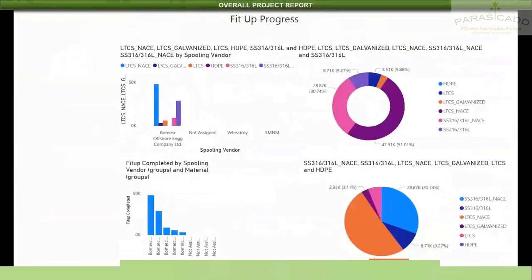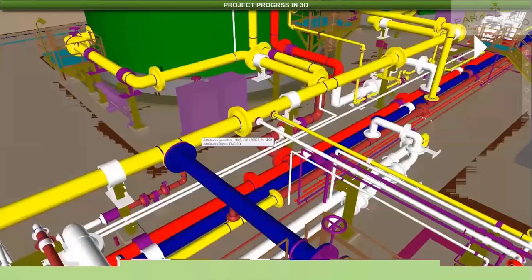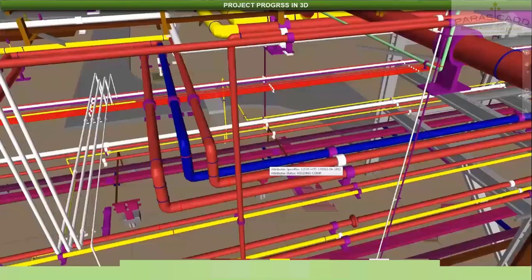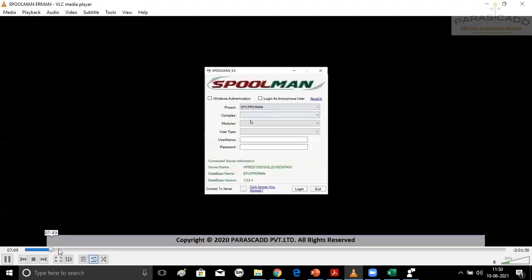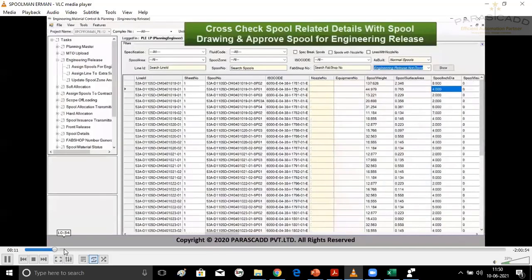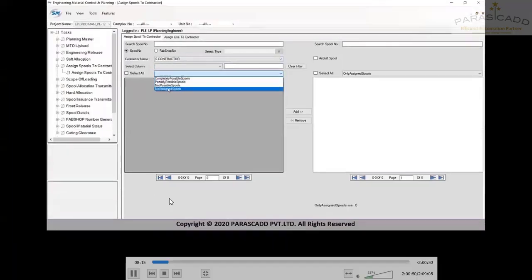for all the activities. So for example, this is fit up and output can be generated in 3D graphics like this, and there can be a clear cut walkthrough using 3D model review packages, and revision management can also be done here. So we have many activities here. I am just taking you through the software in a detailed way.